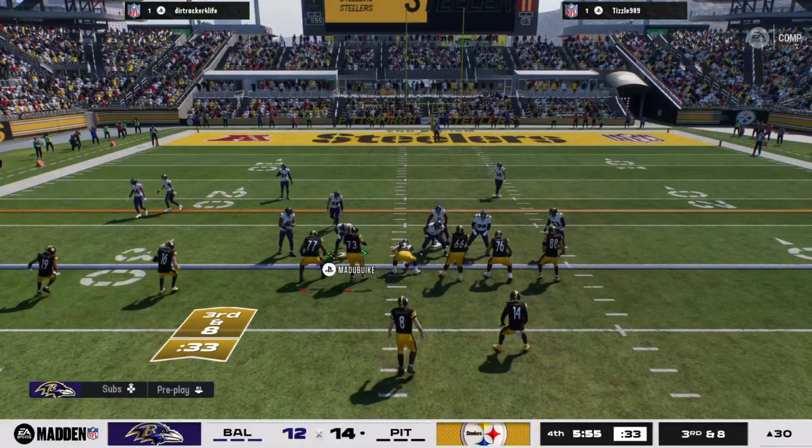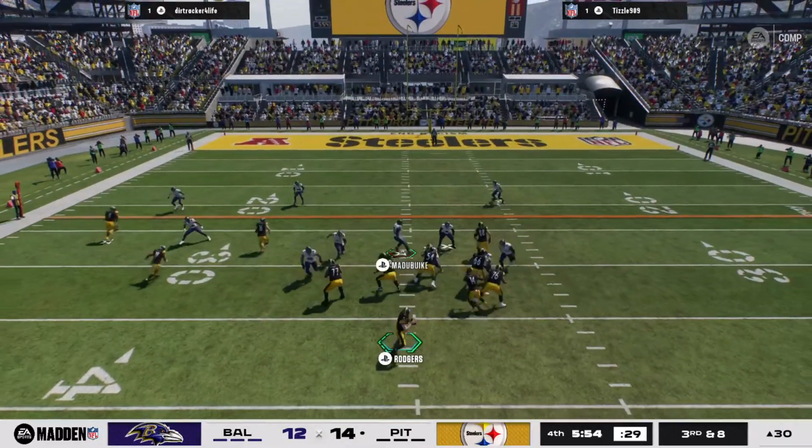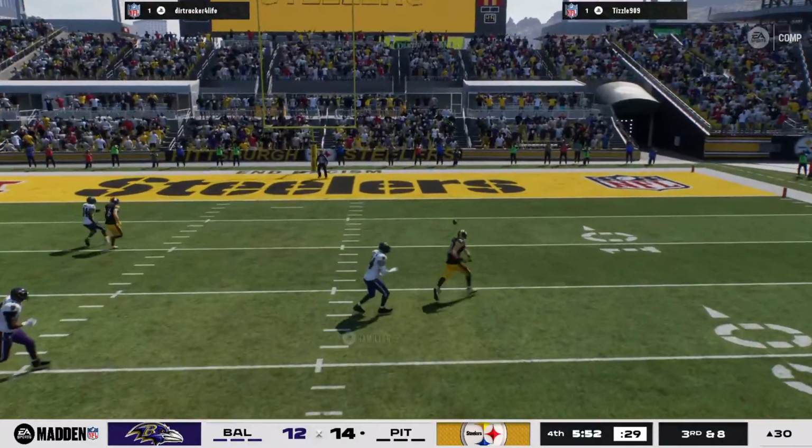Kate, you got a couple choices. Keep it yourself or try to force the throw. There was nowhere to go. He really should have used his legs. And he let his man see